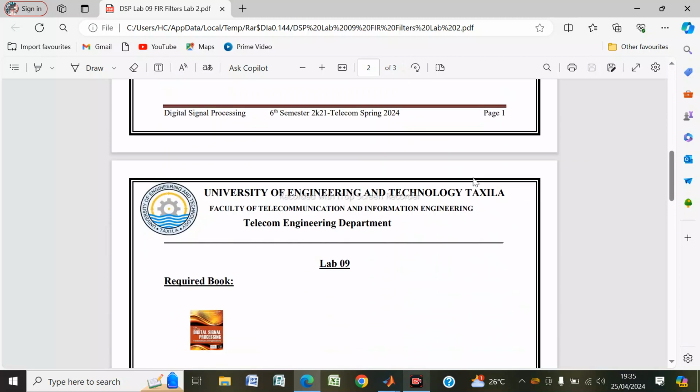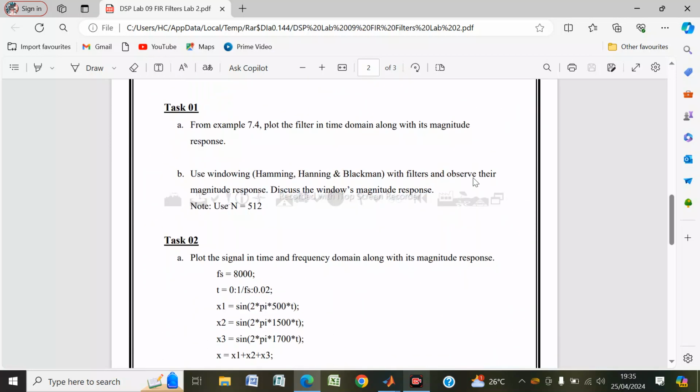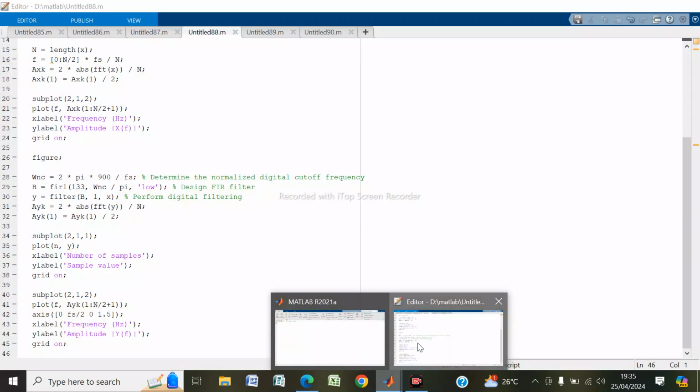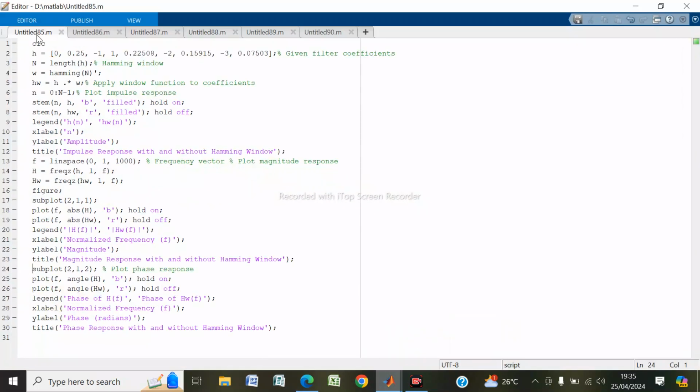So in this lab, our first task is to use example 7.4 and plot the filter in the time domain along with its magnitude response. For that we go to MATLAB, and here you can see the example in which the filter coefficients are given to us. Then, using the Hamming window formula, length of h, w is Hamming, and hw is equal to h dot w, and then we plot